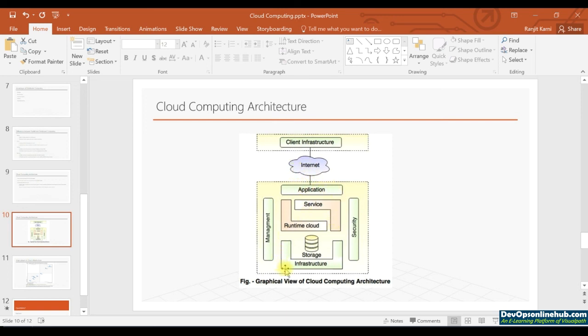Okay, so from the infrastructure till the application level, whatever you have deployed, the management will be done by the provider only and the security will be maintained by the provider only. So the entire infrastructure and storage will be maintained by the provider, the runtime cloud and the services. Whatever services you would like to use, you can go ahead and utilize those, and the application